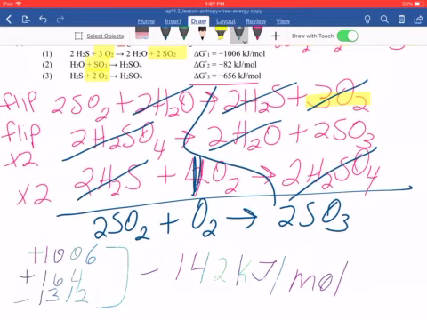So for Gibbs free energy, you need to get the same answer for any of the 3 methods, depending on what they give you. The only one that is different was for enthalpy, and that was for bond energy. That will give you a slightly different answer. But for entropy, they'll all be the same. For Gibbs free energy,